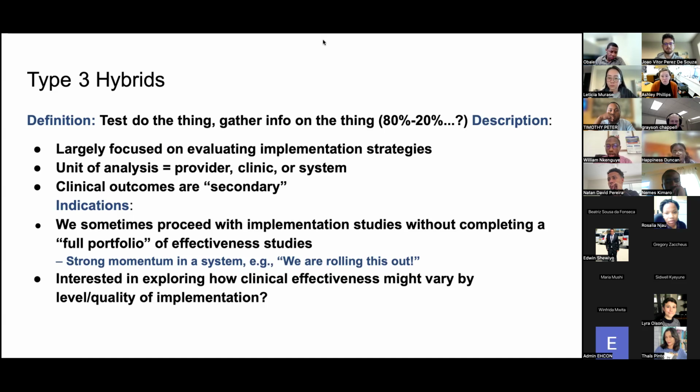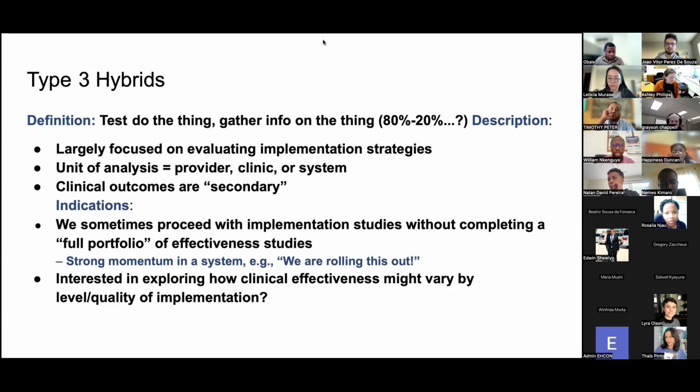For example, in the type 1 design, the primary outcome is going to be the effectiveness, and the secondary is going to be the implementation part. And in the second design, it's mainly both. It's 50-50 ish. And in type 3, the primary focus is the strategy, and the secondary is going to be the